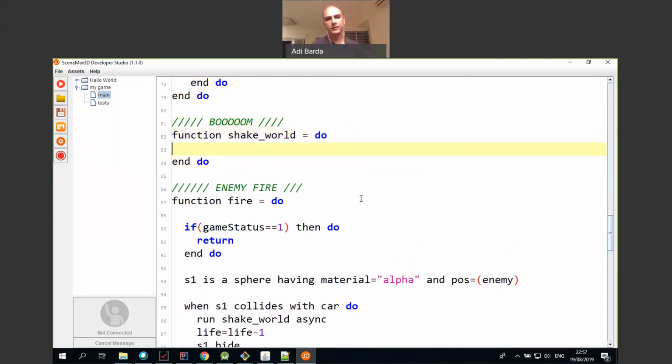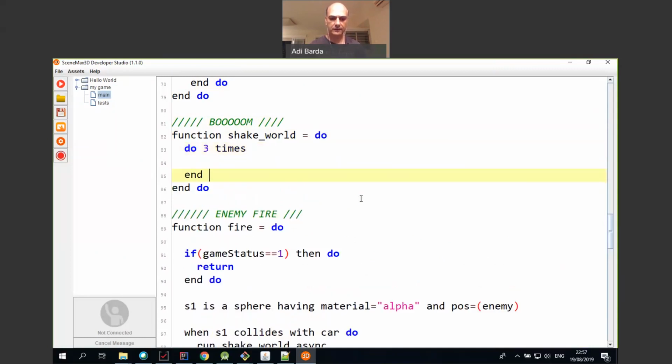And what I'm going to do now is I'm going to move my car very fast, backwards and forwards and backward, forward and backward, to make the illusion of the world is shaking. Okay, so let's do it, let's say 3 times,